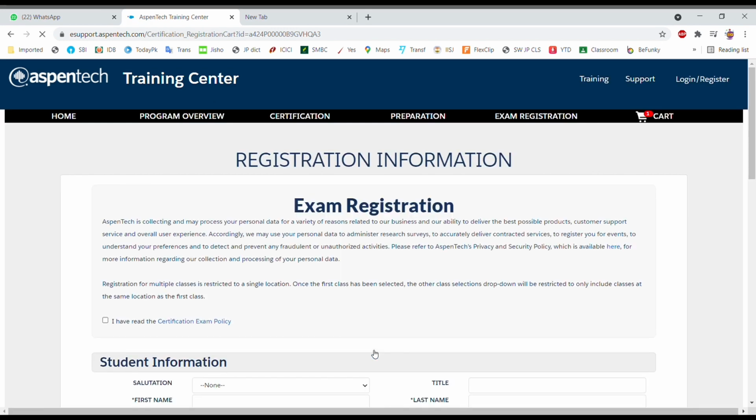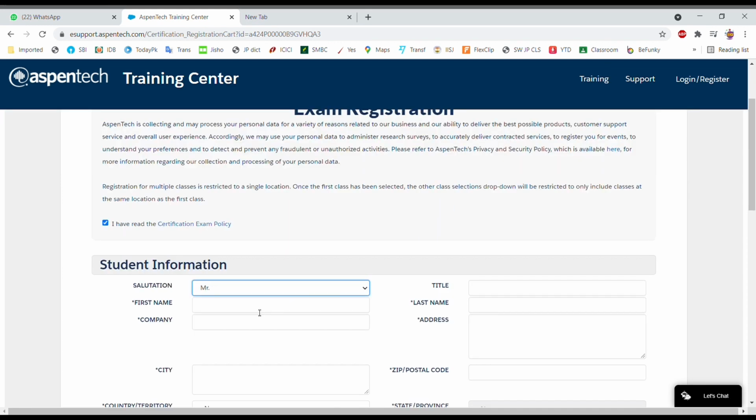Then you need to fill in your details. Here I am filling in my data. Let's say Sandeep Gundap. Her company is Japan Gas Corporation.